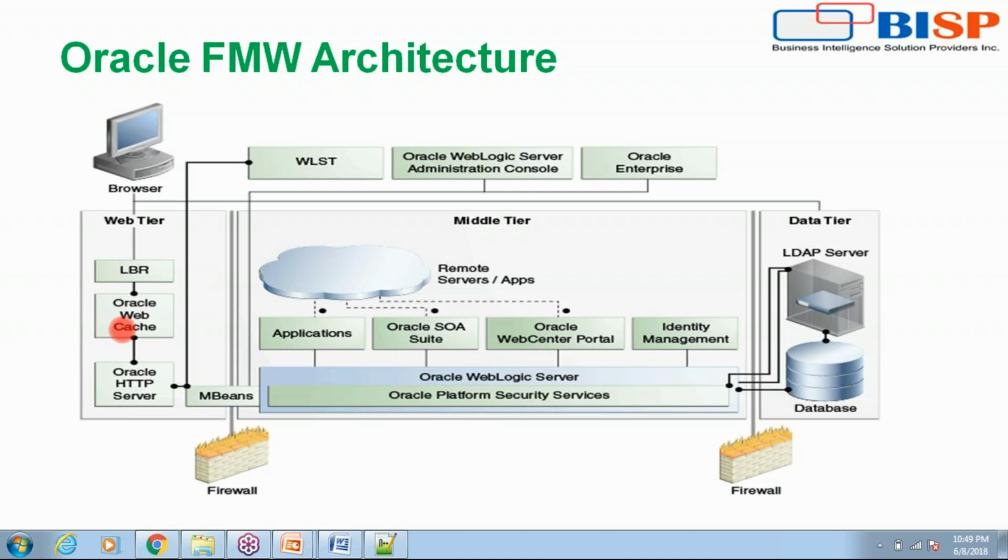Okay, remember this. This is applicable for 11g. If you're working on 12c onwards, you won't be seeing Web Cache anymore. And then Oracle HTTP Server. So normally you use HTTP Server with your load balancer, and then in the middle tier you will have your applications deployed. It may be your Oracle SOA Suite, your WebCenter Portal, your Identity Management, WebLogic Server, or any of these. So it can be any of the Fusion Middleware products which will be part of your